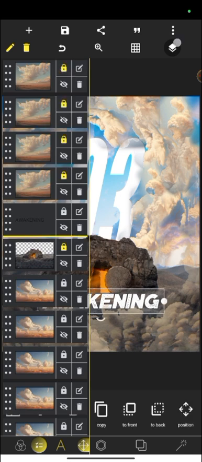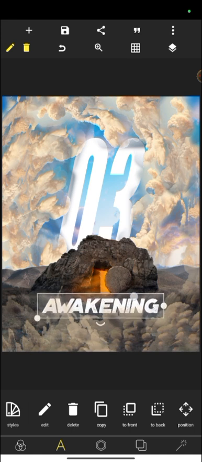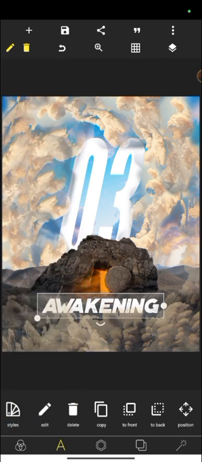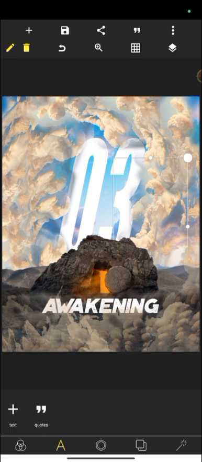Let me lock them so that I'll not be tampering with them. And then I will readjust, but make sure that you stick to the center alignment. Make sure you are sticking to the center alignment. Alright, so now